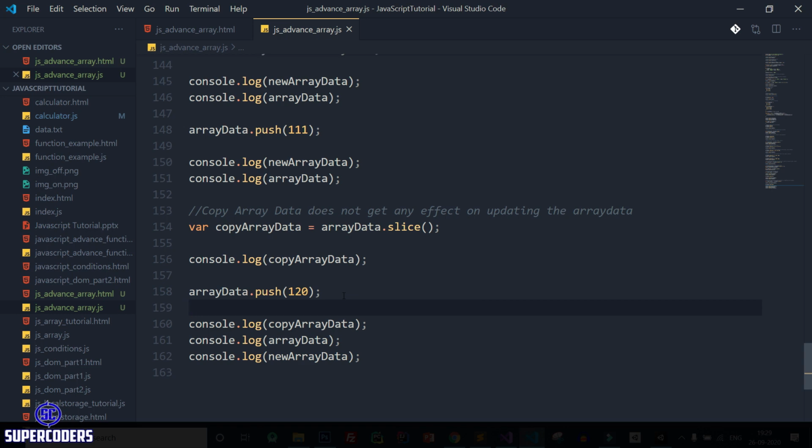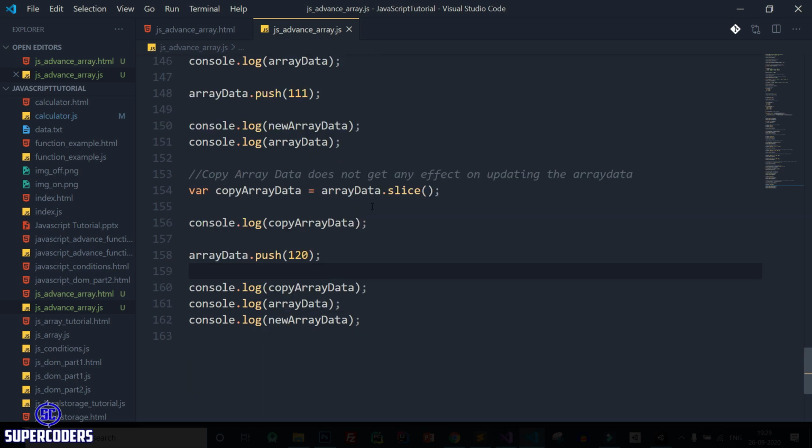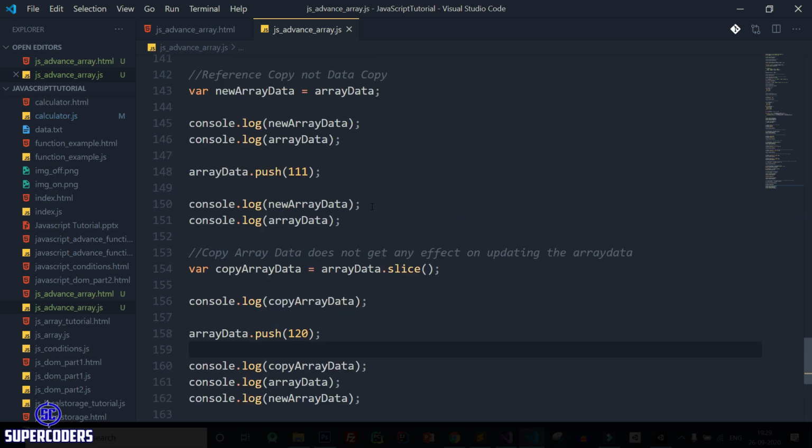and copy of array. So what is the advantage of this copy array data and reference? When you are working with an array in JavaScript, you need only data, not reference. So use this method to copy this array data, not this method to assign value in new array data. Like if you want to use new data, you can create one more array and store data in this array.